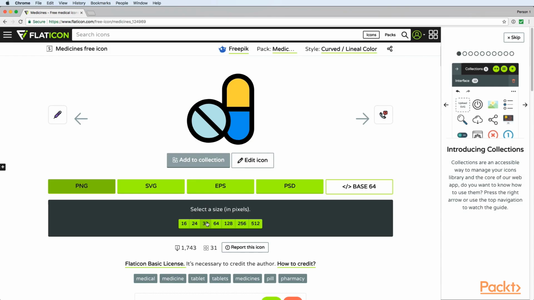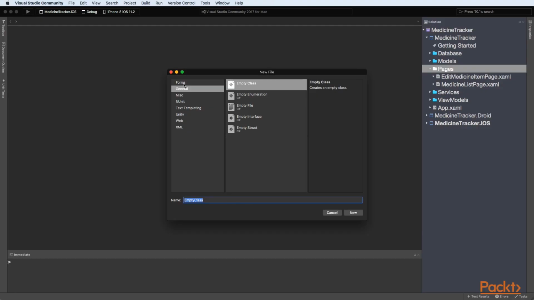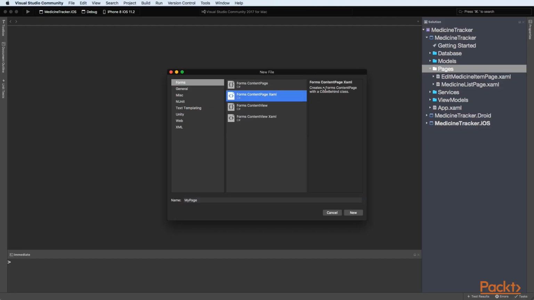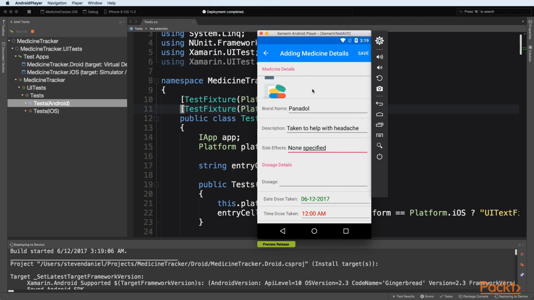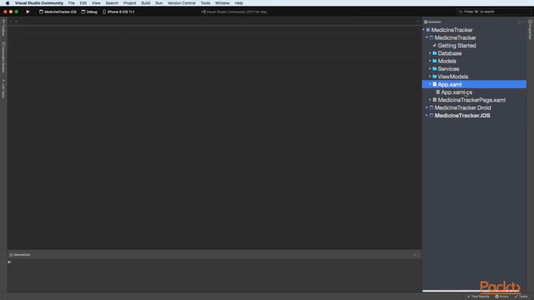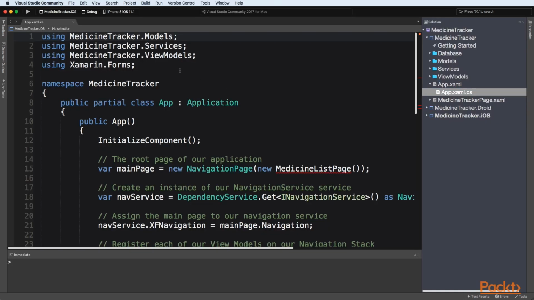Next, we will learn how to download and add images to both our iOS and Android solutions from Medications app, and we will also update the XAML to reflect these changes within our content pages before learning how to write UI tests and running these within the Visual Studio for Mac IDE, and then launching this within the Xamarin Android